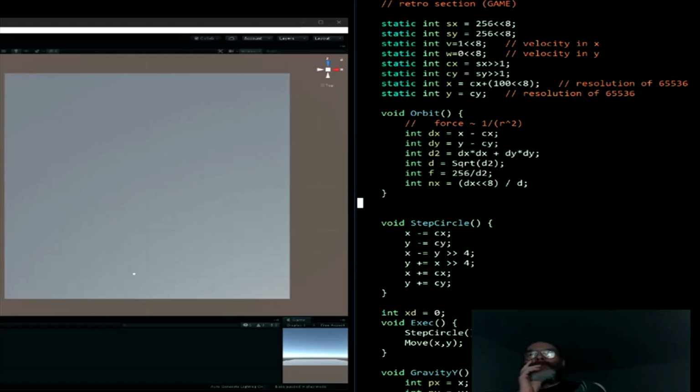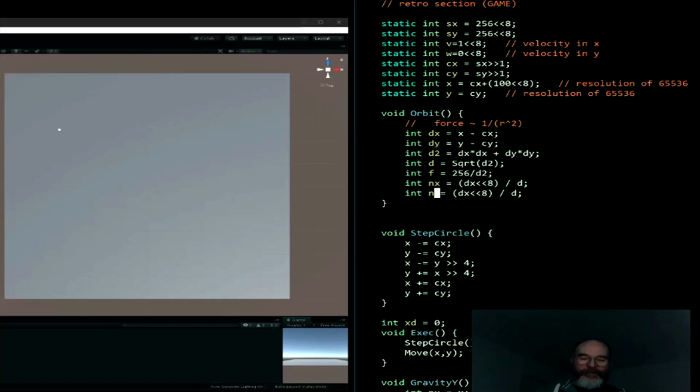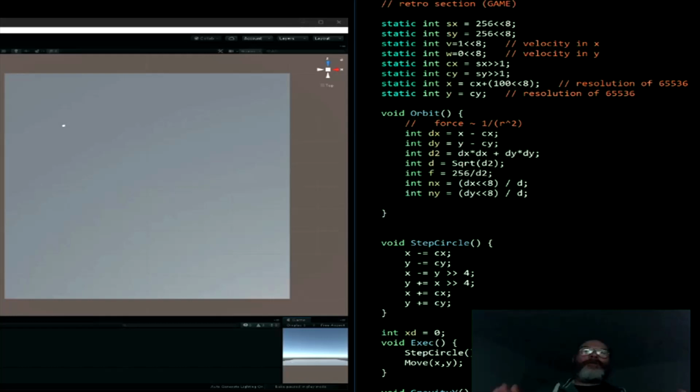multiplied by 8, shifting it 8 bits that way. So if d is 128, then I multiply by 256, I divide by 128. I think that works. We shall see. Then the next is y, dy. So if that's correct, then what we have now is the normalized x and normalized y of the vector between the two,